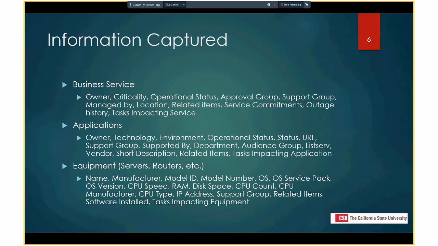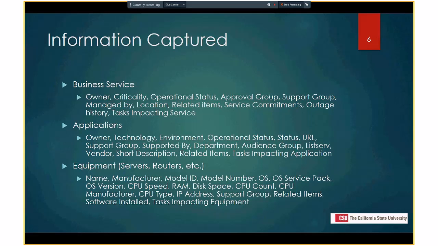Applications, the information we collect for the applications would be who the owner of the application is, what technology it's using, whether it's a Java, a Windows, or a Sun, or a Linux type of server, whether it's a .NET development or a Java Spring development type of technology. What environment, is it development, test, production, or operational status for it? The status, whether it is in